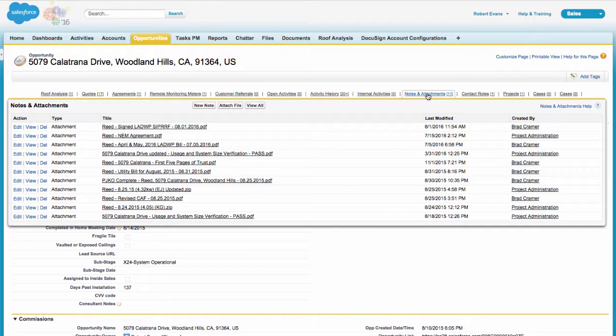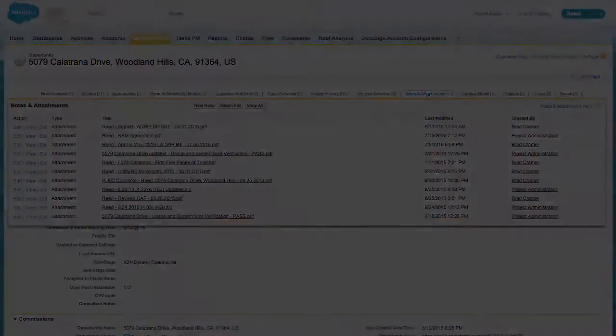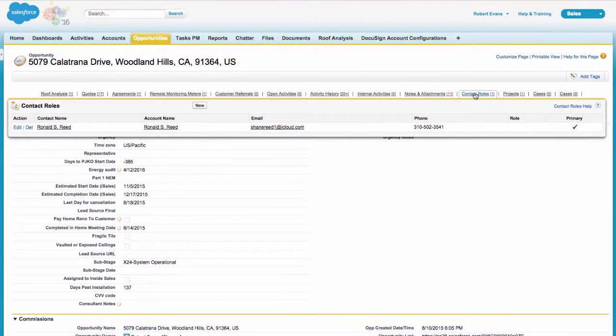This has the raw material of items that need to be signed, generally post-sale. If there's anything that you need to get signed, it should be listed under the Open Activities tab. Contact roles list the customer's main contact. As a best practice, go here and double check that the number and email listed are the customer's preferred method